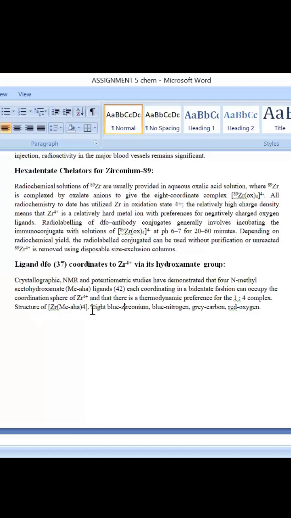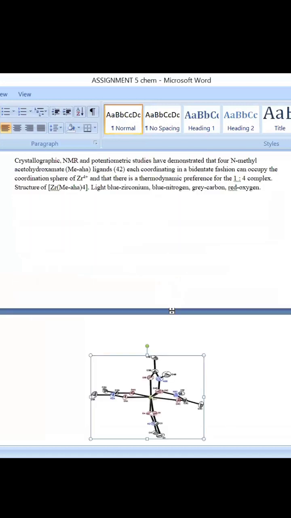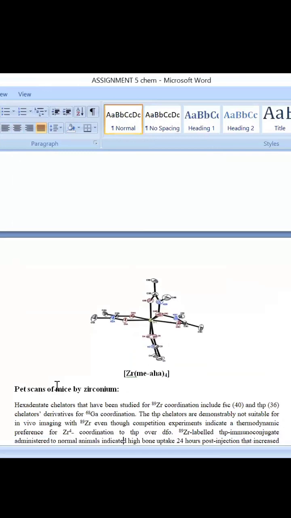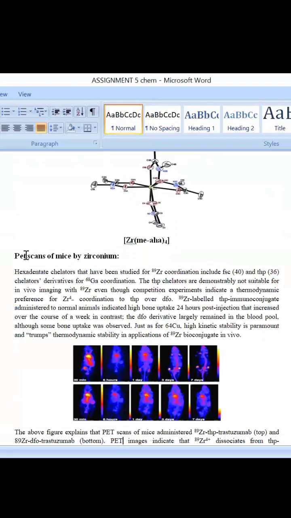This is the structure of zirconium Me-Hha 4: light blue zirconium, blue nitrogen, gray carbon, and red oxygen. The next point is PET scan of mice with zirconium. Hexadentate chelators that have been studied for zirconium coordination include FSC14 and THP39, a chelator derivative for gallium coordination. In vivo imaging, even though competition experiments indicate a thermodynamic preference,